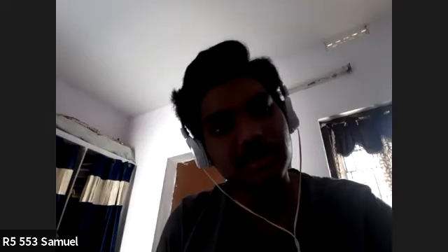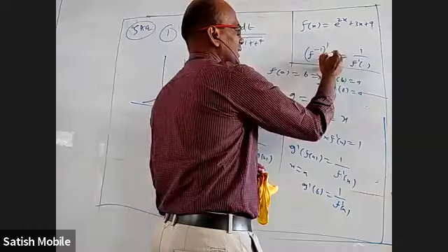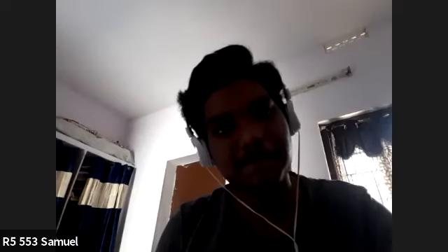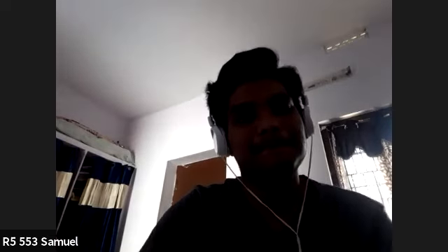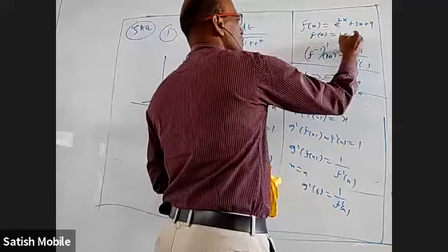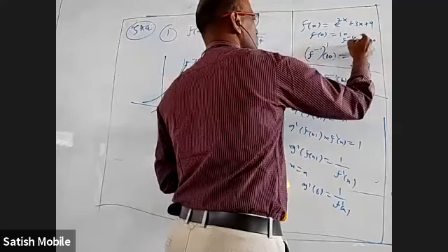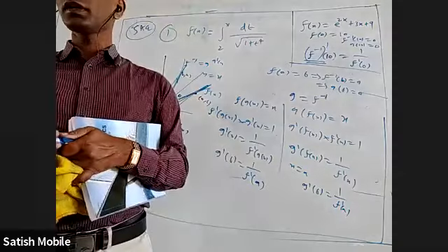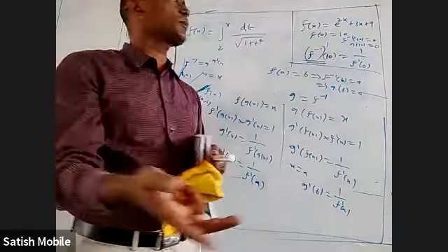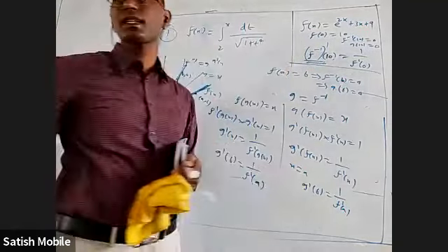0. Okay, no, I should not have given 9. Let me make it 10. Okay, 0, because if you put 0, what will happen? e power 0 is 1 and this is 0, it will be 10. So f(0) is 10. So f inverse of 10 is 0, or g(10) is 0. If you want g'(10), it is nothing but 1 by f'(0). Okay, you find the derivative of this function, substitute 0 in that. The reciprocal of that will be (f inverse)'(10).